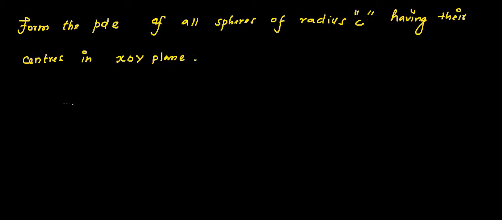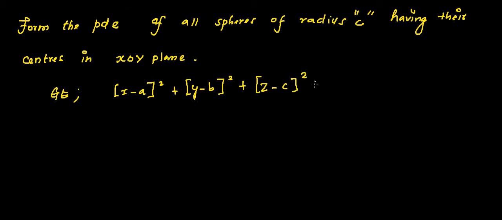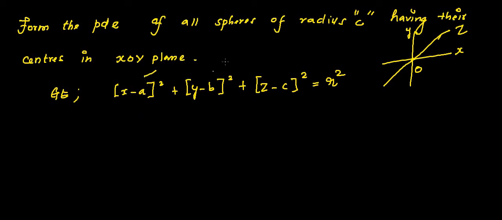Okay. So the general equation for a sphere is given by (x minus a) the whole square plus (y minus b) the whole square plus (z minus c) the whole square is equal to r square. Since we know that this is x and y, this is O origin, this is Z, and they are telling that the center is lying on the x, O, y plane. Therefore, the a will be there and b will be there. Here c is not going to be there, and they are calling the radius as c. Therefore, that is c square. Okay, c is nothing but a constant here. Don't get confused.